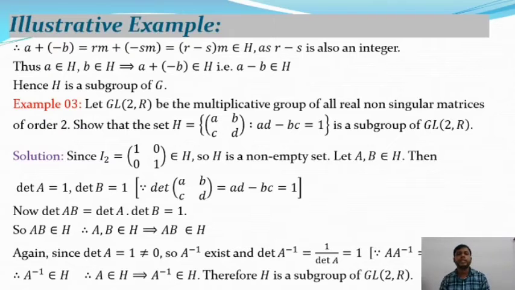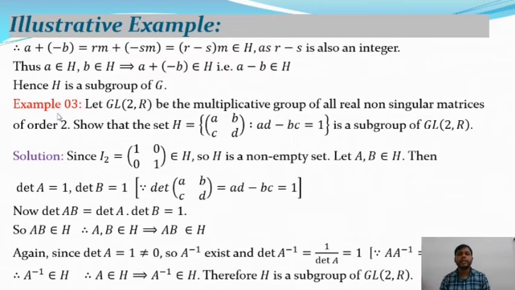So you know that this is the theorem on a subgroup. If a and b are two elements belonging to G, then a composition b belongs to G. And if you know that a comma b belongs to H, then it implies a composition b belongs to H. That means H is a subgroup of (G, composition). We have already proved that theorem. So applying this theorem, we will find H is a subgroup of G.